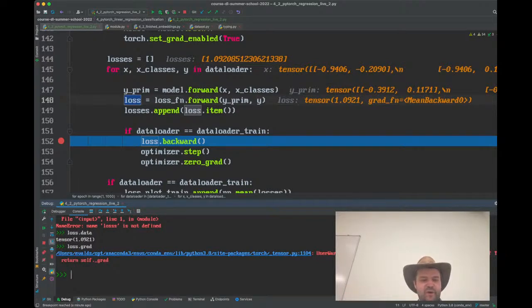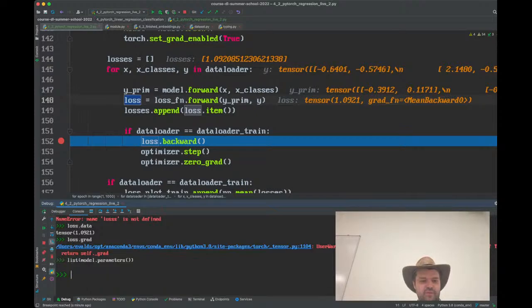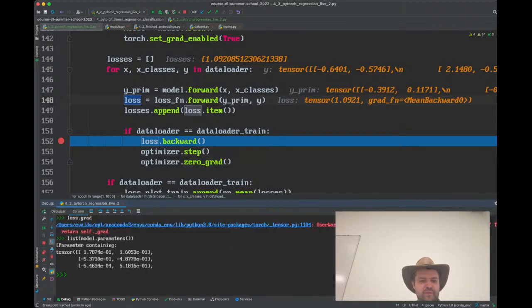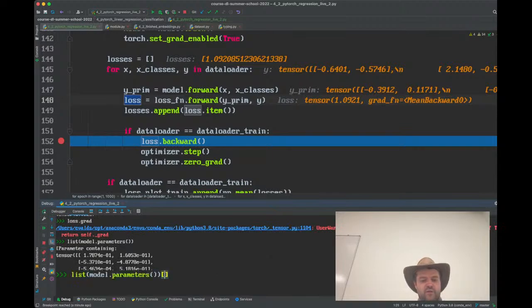Just the weights have, at the end, gradient. So we can get to the gradients as well. So let's see, model parameters, for example, as a list. This is how we can look at what our parameters in the model are. So there are all of these weight matrices, right? So the first